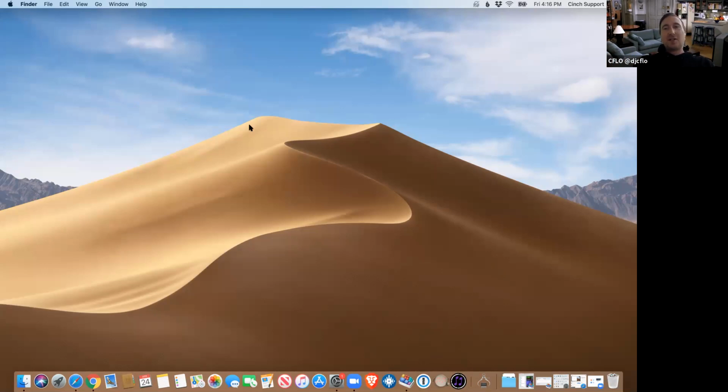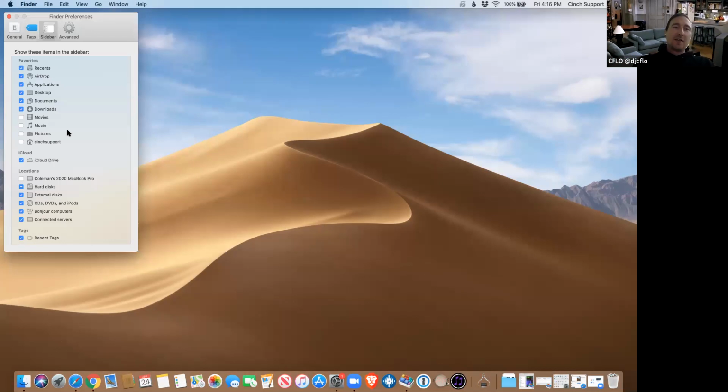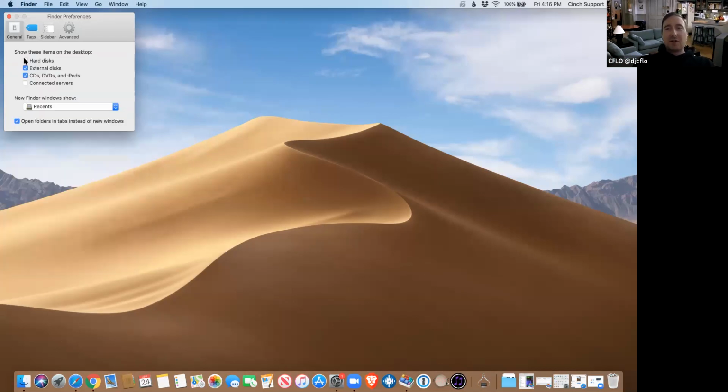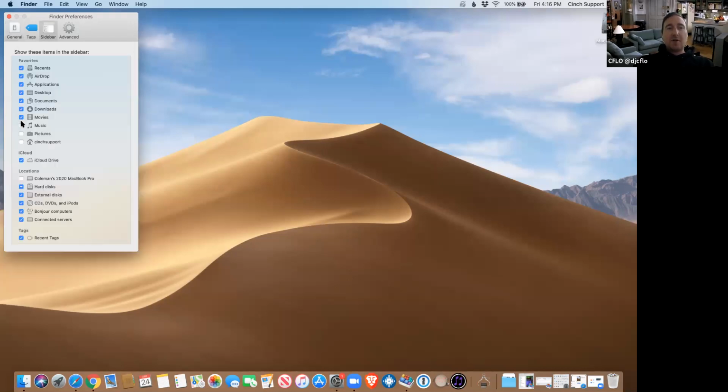The first thing I do when I get a new computer is I show the battery percentage so I can see it at a glance. I go to Finder, Preferences, and I configure Finder so that in the General tab, I see my hard drive on the desktop, and anything I connect to my computer shows up on the desktop. I want my new Finder window to open to my user. And then I go to Sidebar, and I want to enable all the folders so that I can see everything when I open a Finder window. Sometimes I even check all these, so literally everything is visible in a Finder window.